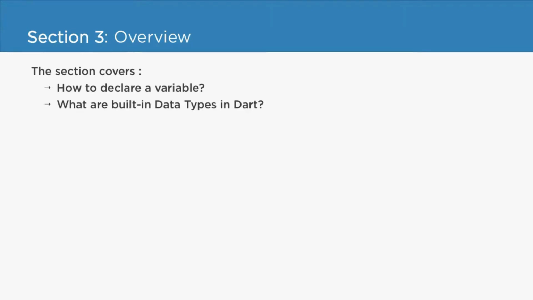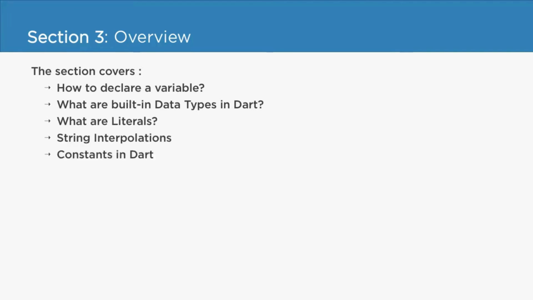So as the name suggests, what are the topics that we will cover in this section? Well, firstly we will check out how to declare a variable in Dart. And then we will check out what are the various data types provided to us in Dart language. Proceeding, we will check out what are literals, how to perform string interpolation, and in the end of this section